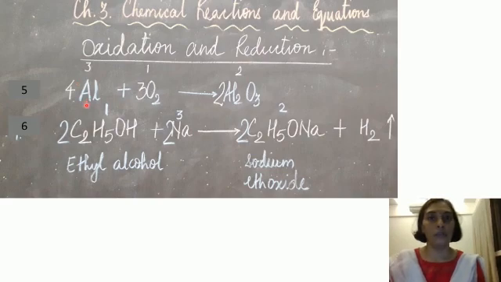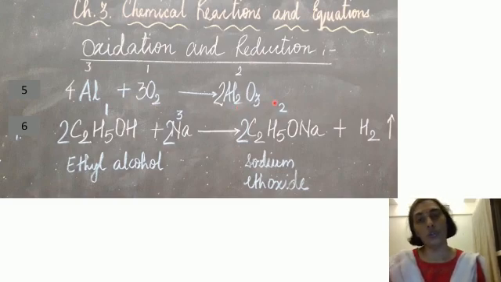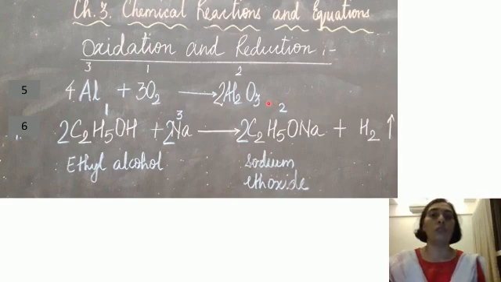This is aluminium metal. This is solid in state and it combines with oxygen, which is gaseous in state, and it gives rise to aluminium oxide, that is Al2O3, which is also a solid. So this is one example. Let us first study the balancing part. In the previous slide, I have not discussed the balancing, but I hope you have been able to balance the equations, and I hope you must have understood the balancing of the equations in the previous slide. So let us balance this one first.